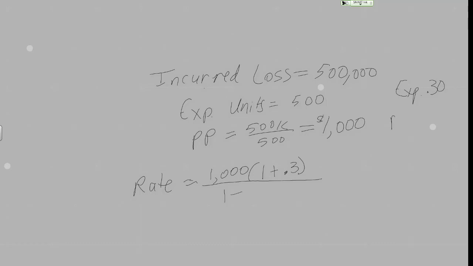Let's say that the profit this company wants to generate equals 12% or 0.12. So this equals 1,300 divided by 0.88, or 1,477, and we'll round it to 0.27. That is the rate per exposure unit that should be charged for this type of insurance using the pure premium